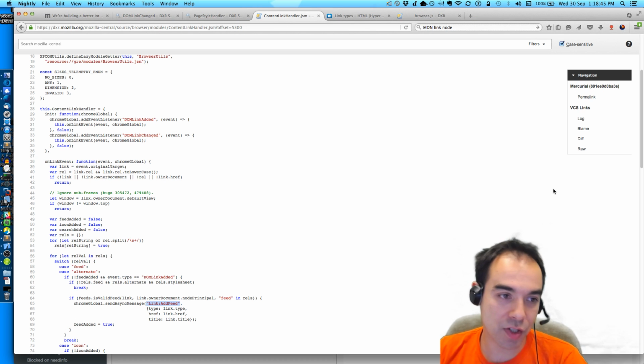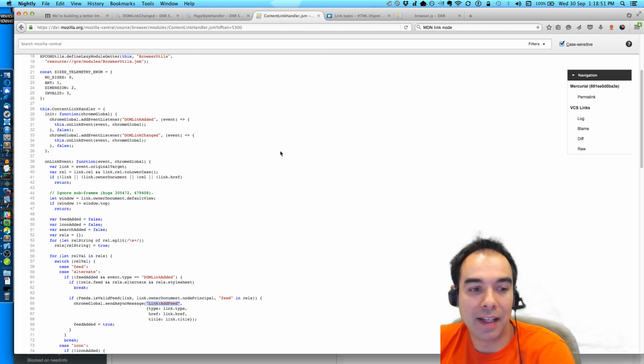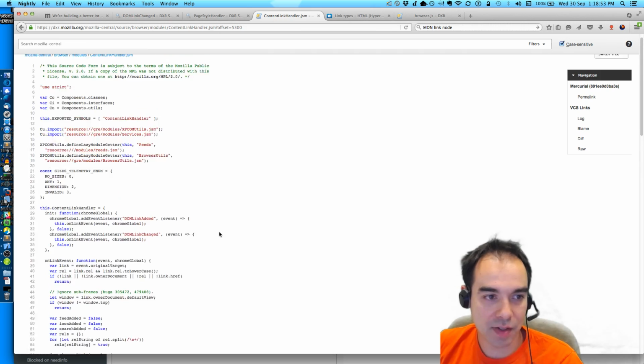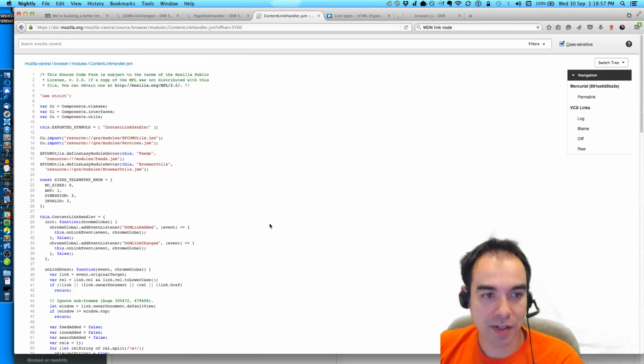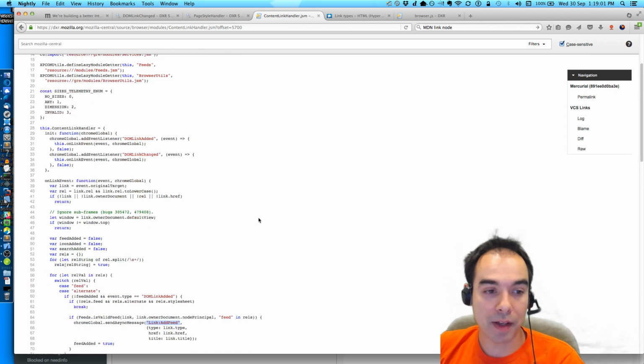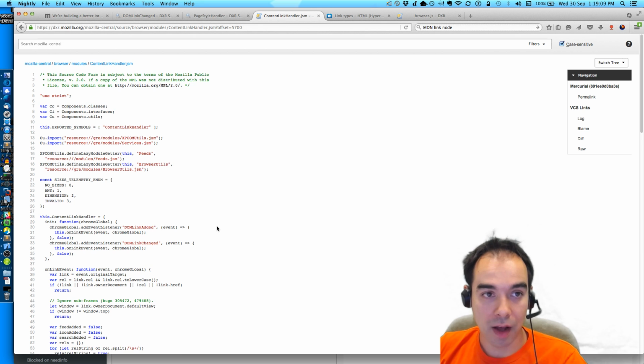I suspect that's just what's going to happen, because otherwise I wouldn't imagine there are too many pages that are dynamically adding link nodes for things like feeds. So I would imagine that this machinery is being exercised every time you load a page, which is good, because if this was done and is acceptable performance-wise, then we should be safe. I have a feeling that we're not adding too much extra overhead.